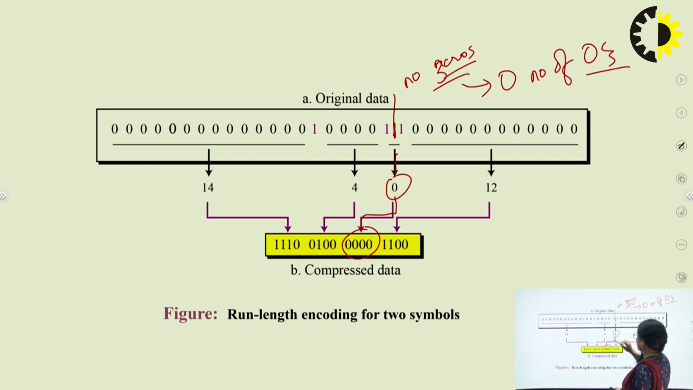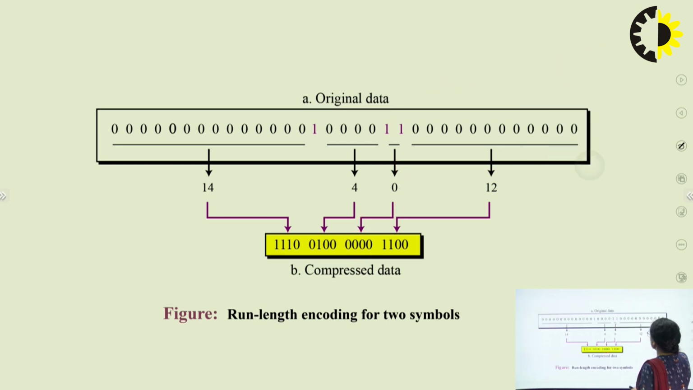Now after the next one, again what do we do? Again, we count the number of zeros that come after the 1. In this case it is 12. So again you take the binary equivalent of 12, which is 1100, and after doing so, we can